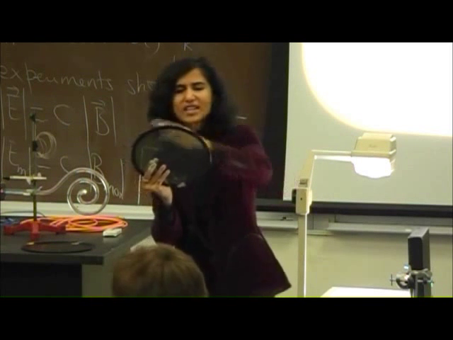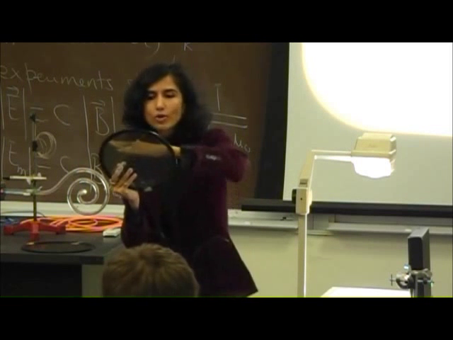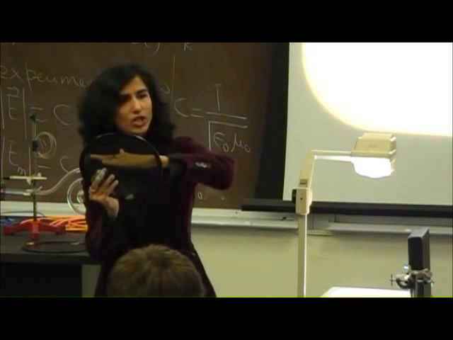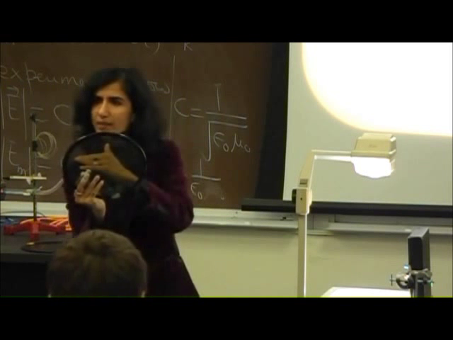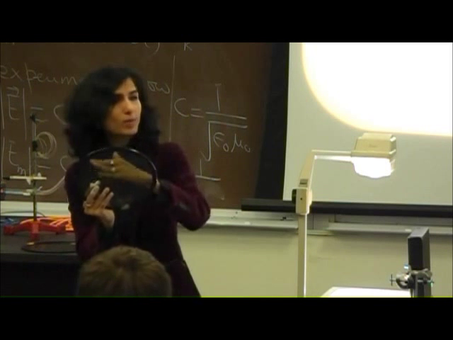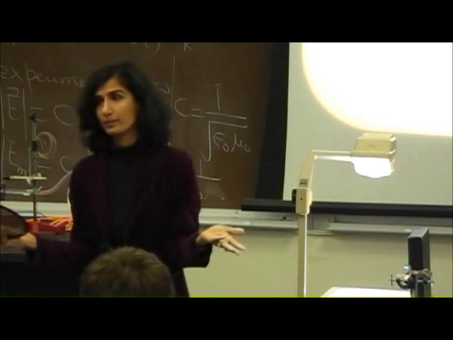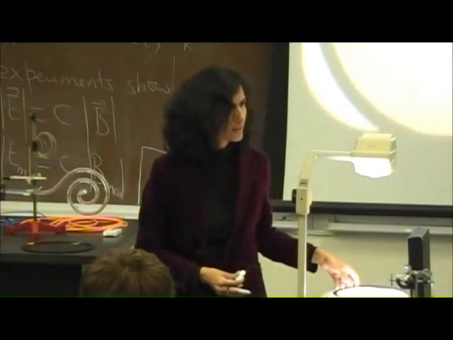If the electric field is in all sorts of directions and completely random, when you take the component of that electric field parallel and perpendicular to the transmission axis, half of the electric field will be parallel and half of it will be perpendicular, isn't it? And so all the components parallel to it will pass through, all the components perpendicular to it will get blocked, and so the intensity will be half. Is that making sense? Any questions about this? Does that make sense? So basically what we are saying then is this,